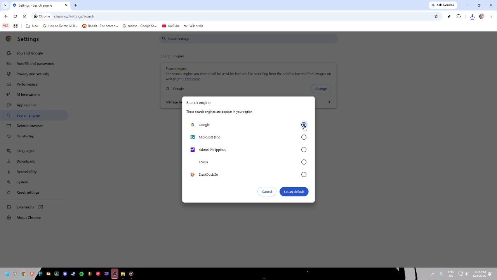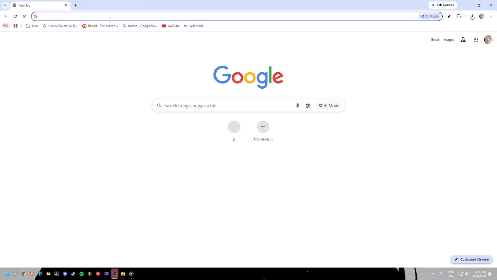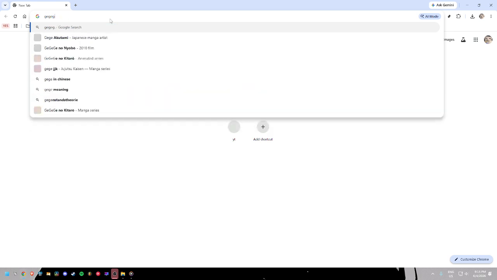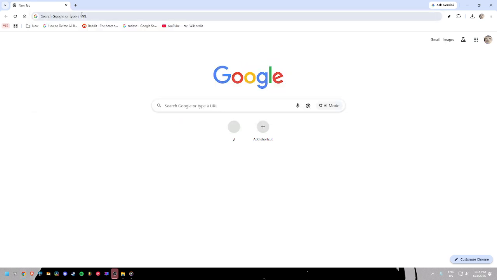In most cases, there is no Save button to click, so you can simply close the Settings tab when you are done. The next time you type a search into the Chrome address bar, it should use Google instead of Yahoo. If you still see Yahoo after making this change, take a moment to confirm that Google is still selected